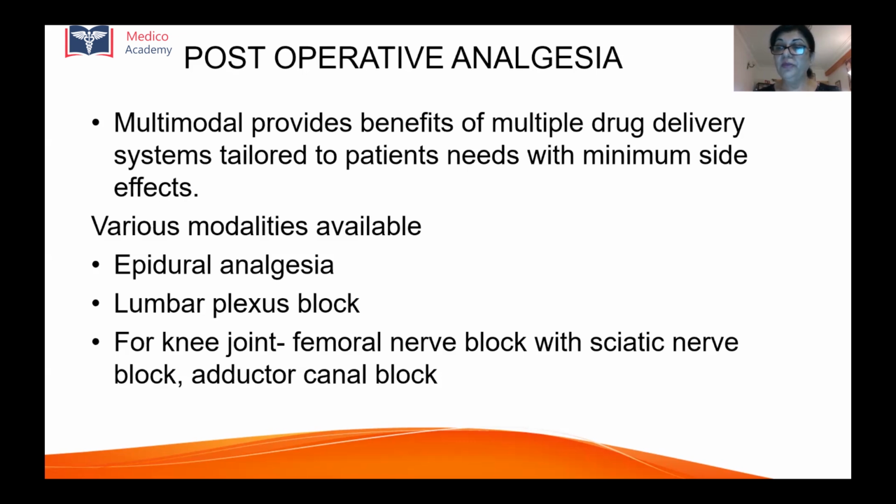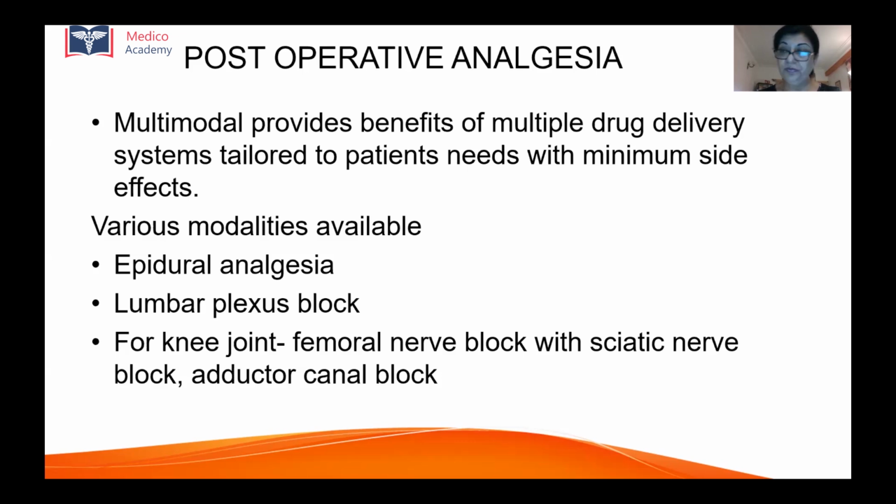the individual drugs. The various analgesic options which are available are the epidural analgesia, which provides good pain relief after hip and knee surgery. The patients receiving epidural analgesia experience less pain as compared to patients receiving systemic analgesic. The removal of catheter, however, has to be balanced with the anticoagulation, and this method is very good for THR, where drug can be given as a continuous infusion of local anesthetic or local anesthetic with opioids, or a PCA